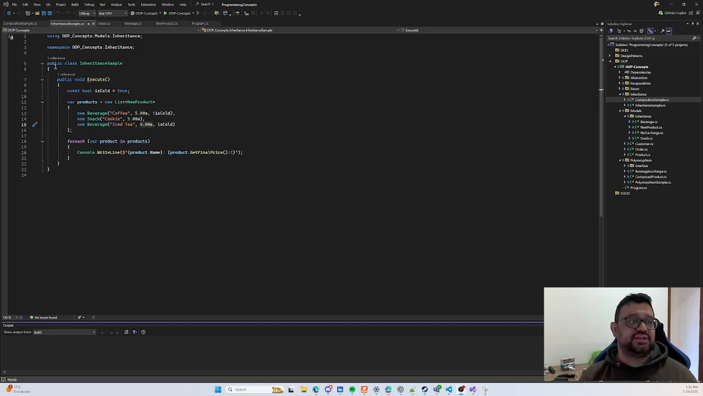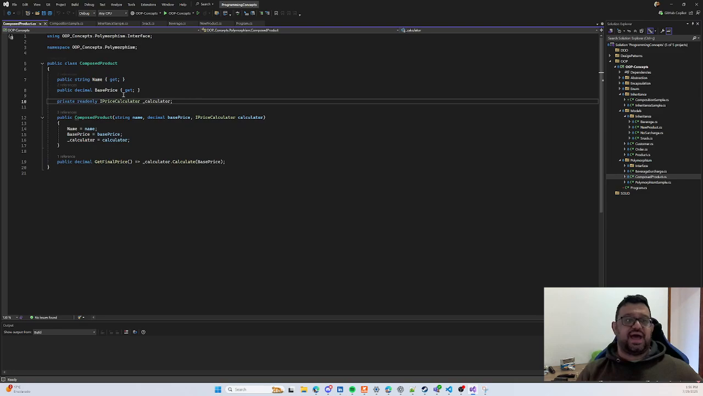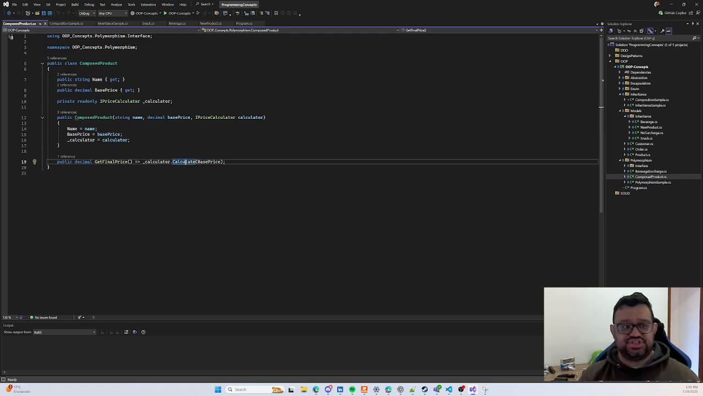Let's take a look at another example of composition. I built another product, a composed product. I have almost the same: name, base price, but now I have a calculator too. This calculator will calculate the final price. I just give it the base price and it calculates for me. If I come here to the beverage